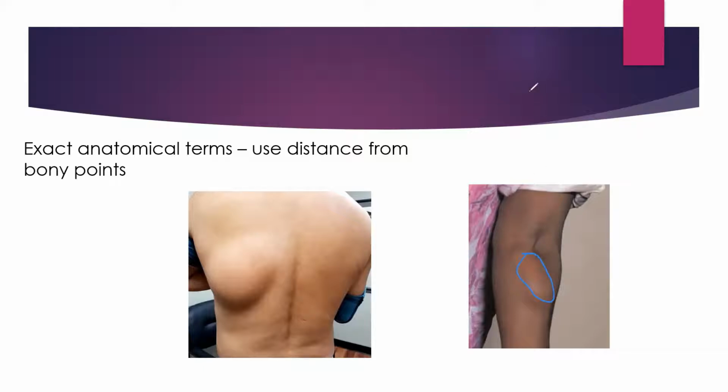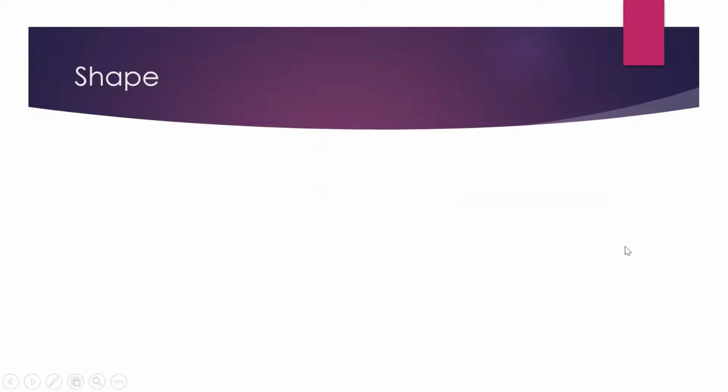So mind it that while we are describing the site, we should use anatomical terms also, like flexure surface. So we may tell that this is a flexure surface or extensor surface, or palmar or dorsum. So mention lower forearm, upper forearm, like that is in the upper forearm. So use those terms that specify the location. That is the most important thing. Now another thing is shape.